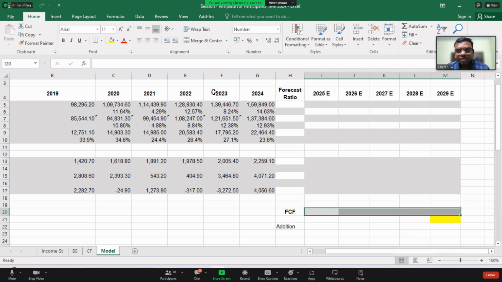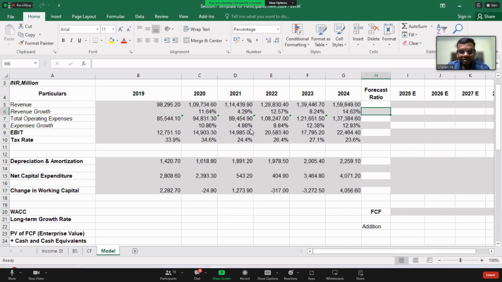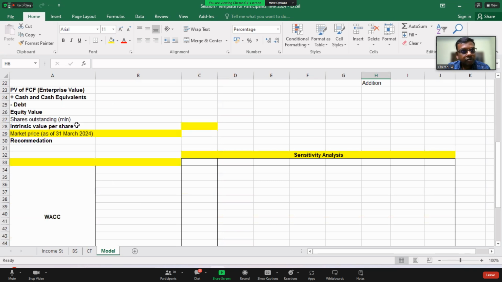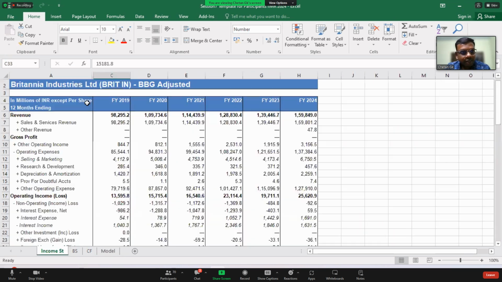That is the reason we have done all these things. So can we now forecast? It is difficult to convince the participants or students, whomsoever I teach, because a forecast is a forecast at the end of the day. You have to understand the intrinsic value of the company. We are going to arrive at it somewhere here. I will be computing the intrinsic value per share for this company. I think I have not mentioned the name of the company. This is the data which I have downloaded from Bloomberg.